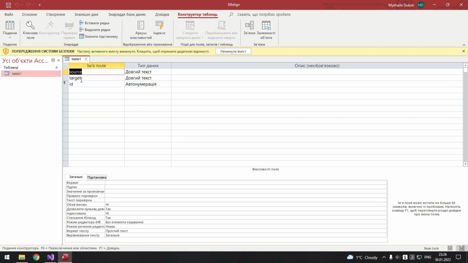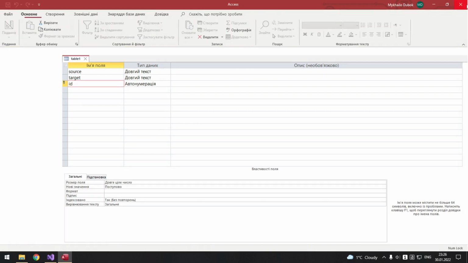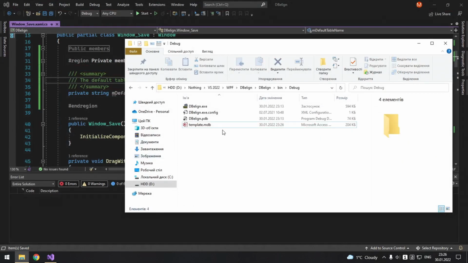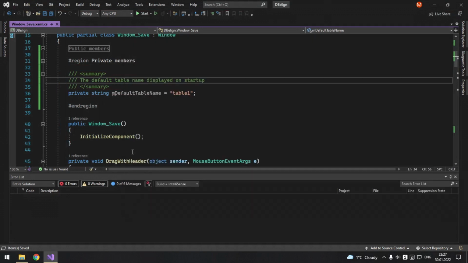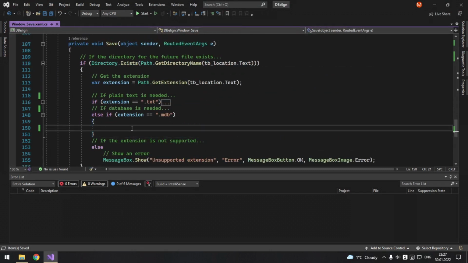Source is long text, target is long text, and ID is auto-numeration, which is also an indexed key. And, well, that's it. Alright, so as you see, it is empty, and what we need to do is actually implement the logic for saving it.